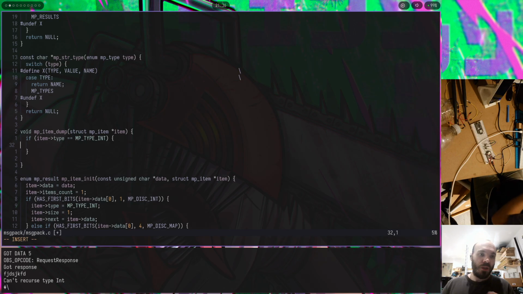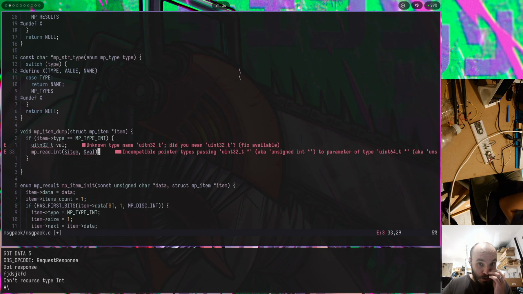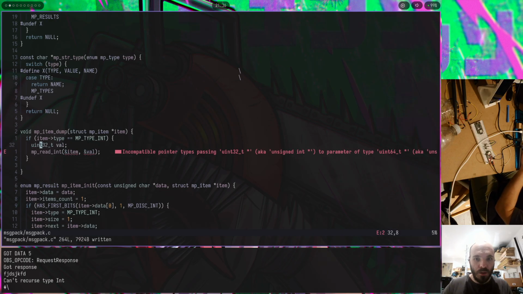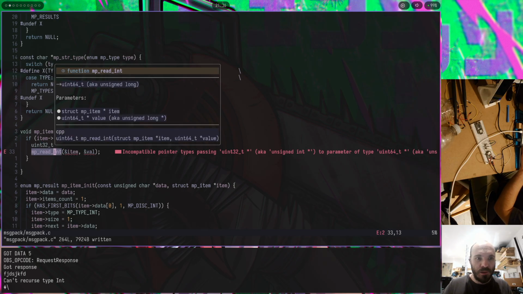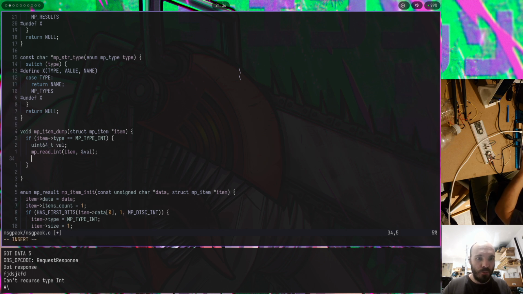If it's int, I just need to read the int and print it. MP read int, item, probably pointer to item, and val. Oh, I realized that this is already a pointer to an item. Oh, I'm already in set it to 64. Okay, that's fine. Printf. So this is where I kind of maybe want to have an